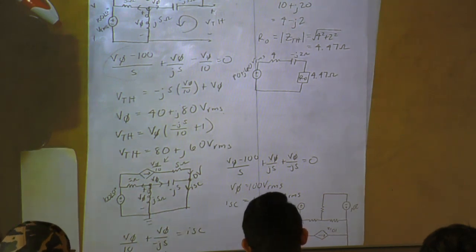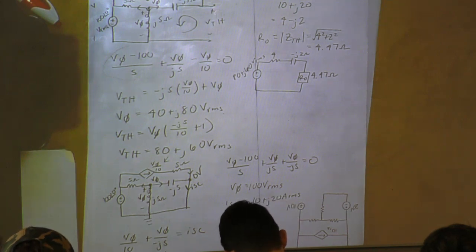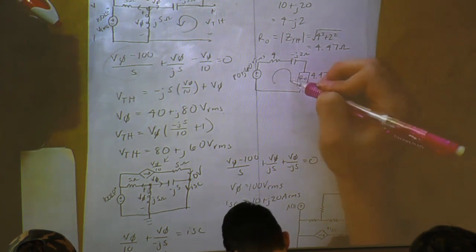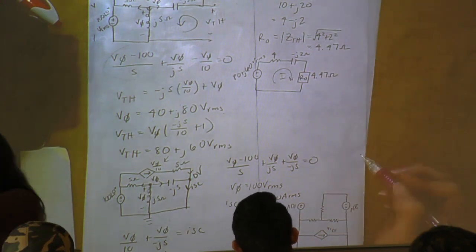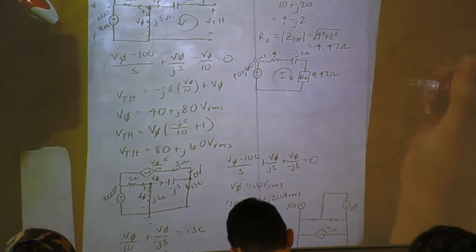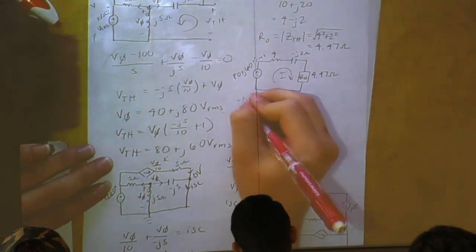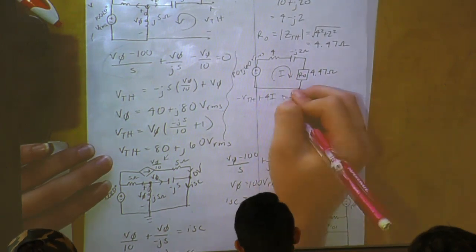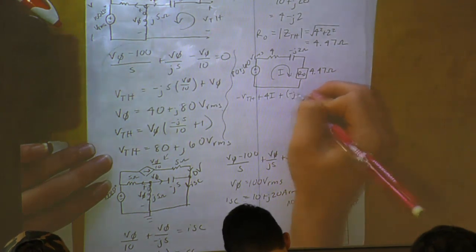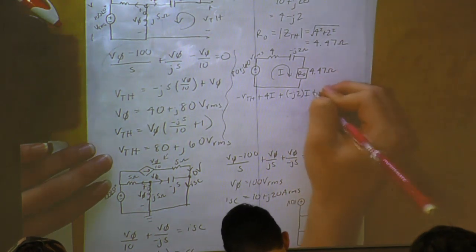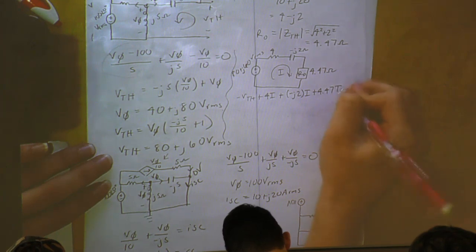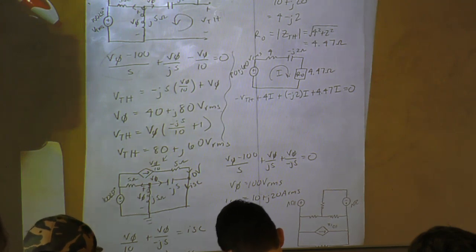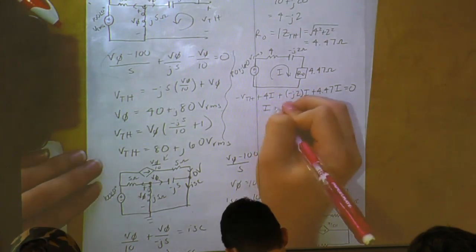To find the power of this, you could just simply do a one mesh. This would be your I. And then you'd get negative V_TH plus 4I plus negative j2I, and then plus 4.47I equals 0. You'd get your I equal to